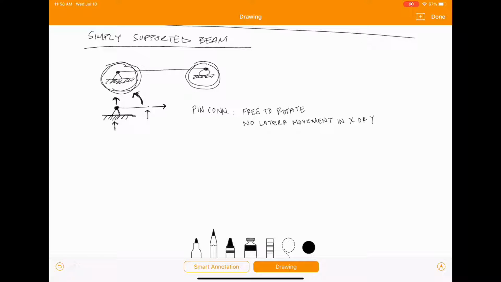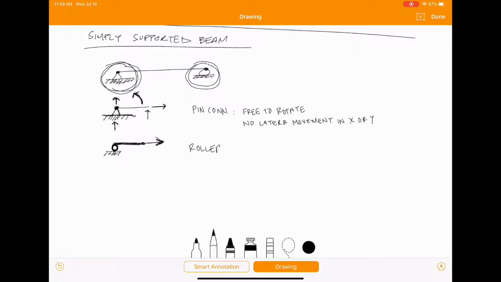So now let's look at the roller connection. So this is as if there was a beam sitting on some sort of a wheel down here at the end. So you can visualize with me for a second. If you pull on the beam, you grab hold of it right here and you pull that way, the beam is going to move, right? This wheel right here is going to allow it to move in that direction if you're pulling it in that direction. So therefore,